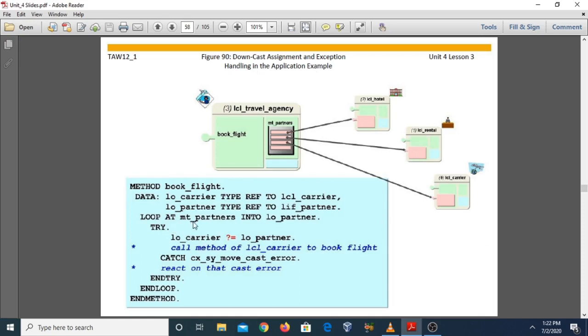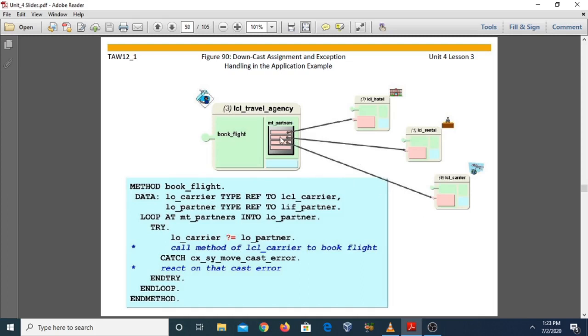Generally we use a try and catch block for exception handling in case of downcasting. A typical area of use of this downcast assignment is when a specific component of the instance needs to be addressed, whose references are kept in variables that are typed on the interface. You can understand this by taking an example.